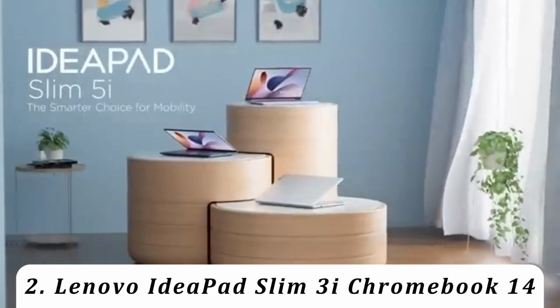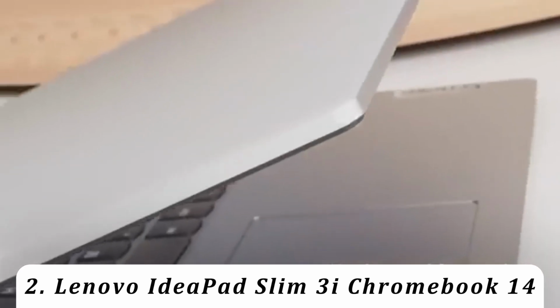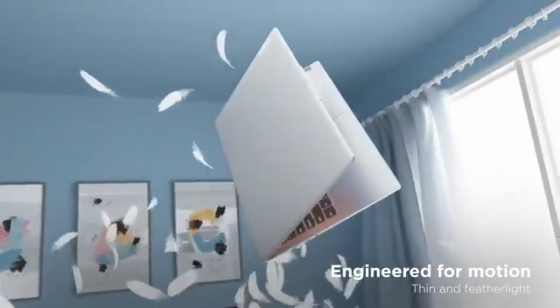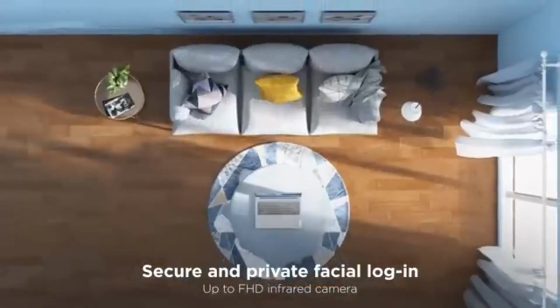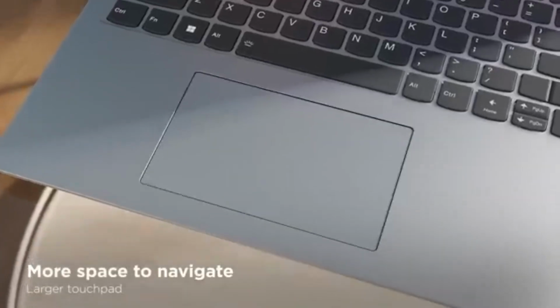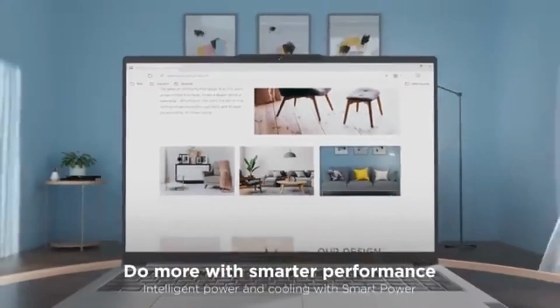Number 2. Lenovo IdeaPad Slim 3 Chromebook 14. The best cheap laptop we've tested is the Lenovo IdeaPad Slim 3 Chromebook 14, 2024. It's a great option for younger students or anyone needing a simple device for web browsing and